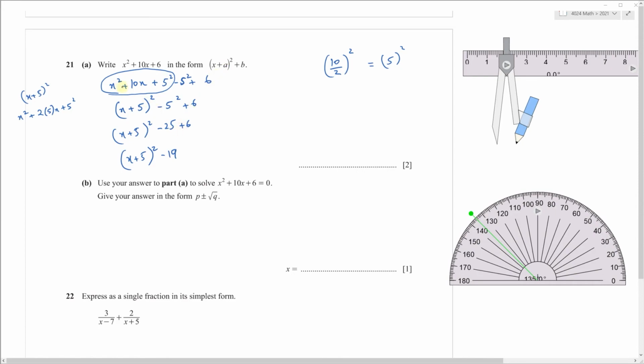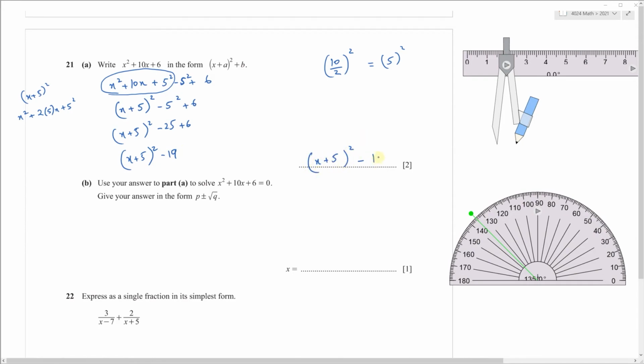So now you have this in terms of this given form that you had to find. So x plus 5 whole square minus 19. So your value of a is 5, positive 5, and your value of b here is minus 19. So I can write this x plus 5